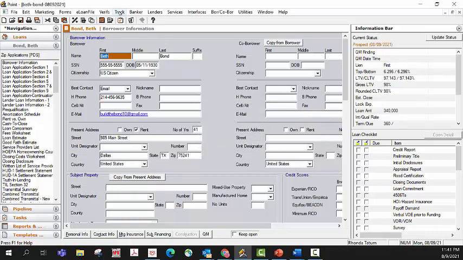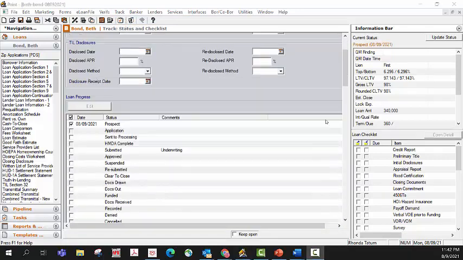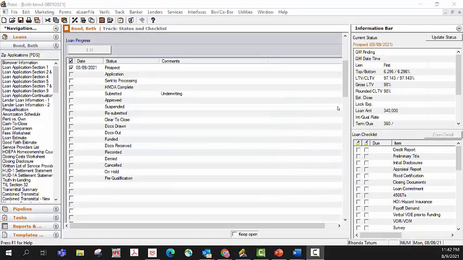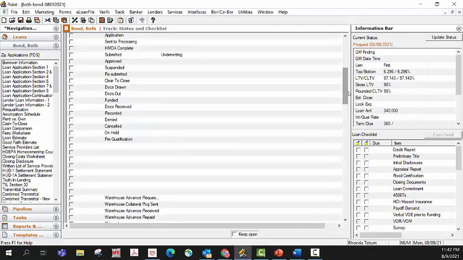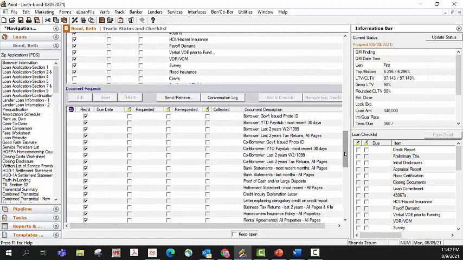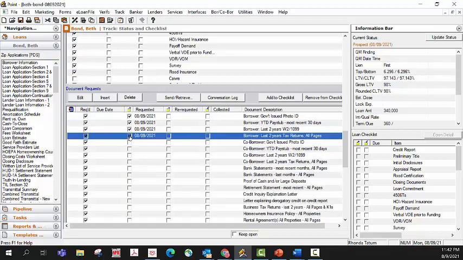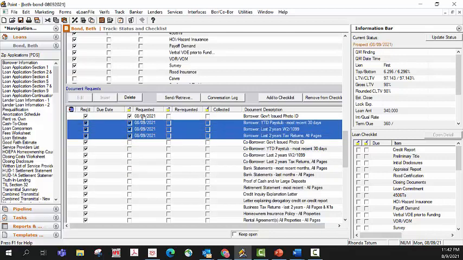We can then navigate to Track and Status. If we navigate to the bottom of the page, you'll see the Document Request section, where we can select items that we would like the applicant to submit to us. You can select the boxes here showing the date that each item was requested. In order to send this out in an email, you will want to hold your Control key down and highlight each item,